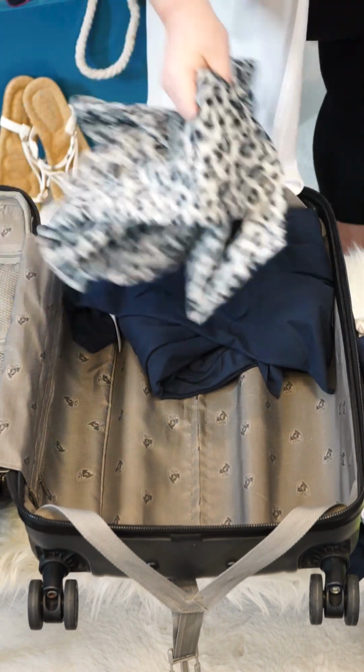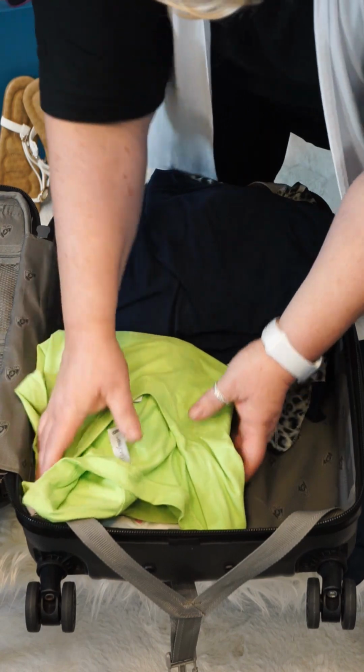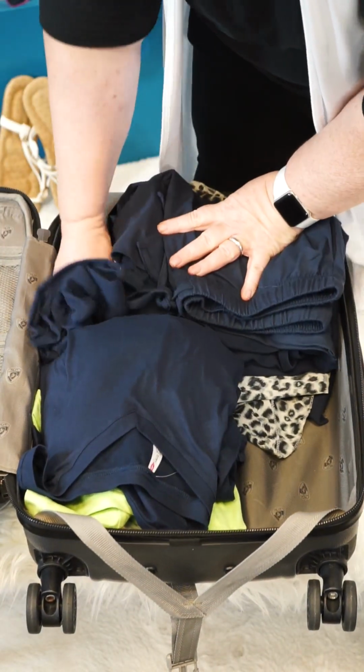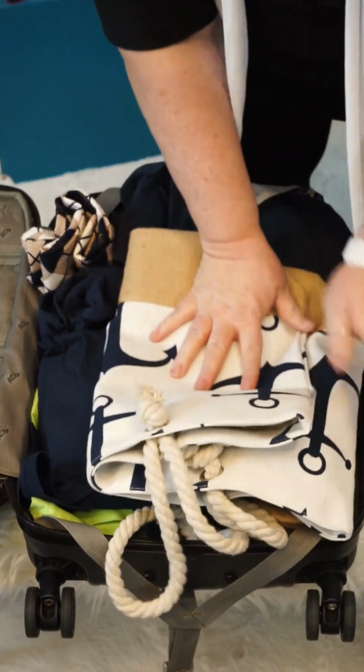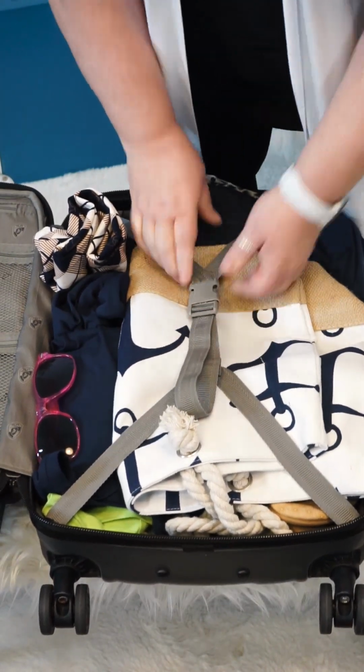Some other accessories we can bring are a scarf, a necklace, a sling bag, some shoes for the airport, and some flip-flops for the beach. Don't forget your bathing suit, hat, sunscreen, and a good book. And if you really want to kick it up, you could even throw another 2 pair of leggings in there